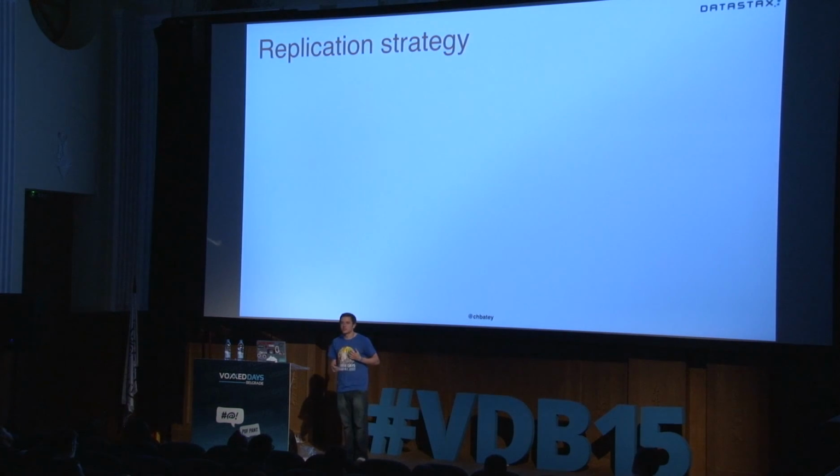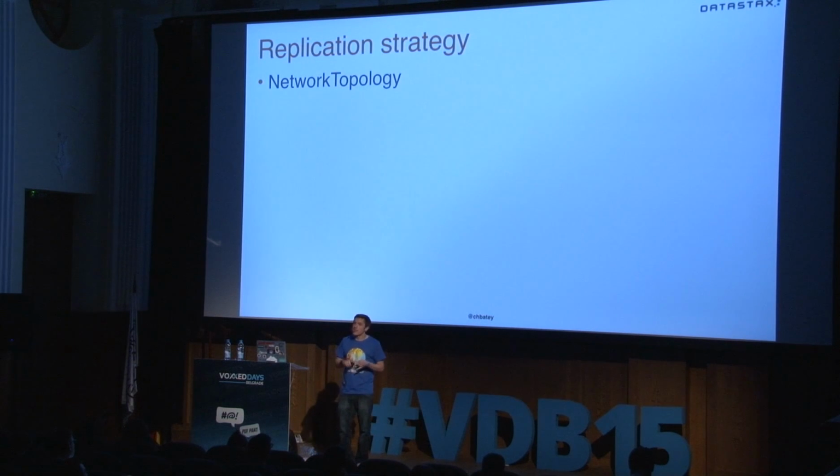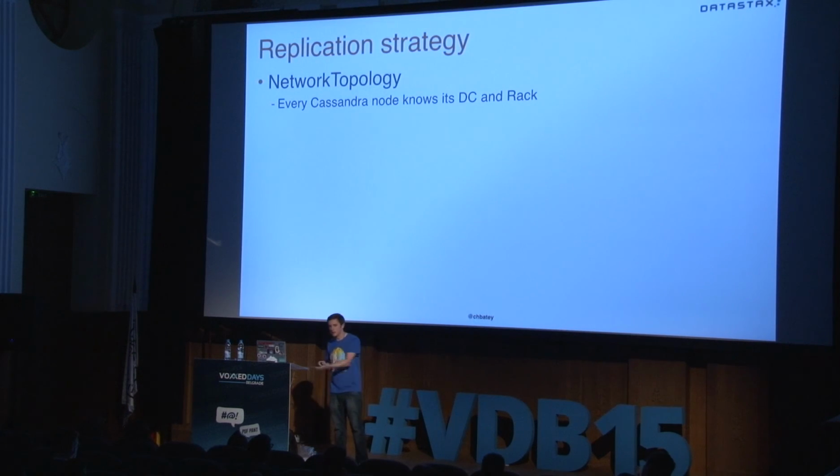So that's pretty much what Cassandra does. Every node inside a Cassandra cluster is aware of what rack it's running on. You have to tell it, and what data center it's in. And in that way, it uses the network topology to be resilient to both failures and network partitions. So what does it do? Every Cassandra node knows which rack and data center it's in. There are many ways to tell it. You can literally just say, hey, node A, you're in rack blah, data center blah. Or if you're running in something like Amazon, it can just work it out itself. It can hit the metadata service and say, I'm going to treat an availability zone as a rack and a region as a data center. Job done.